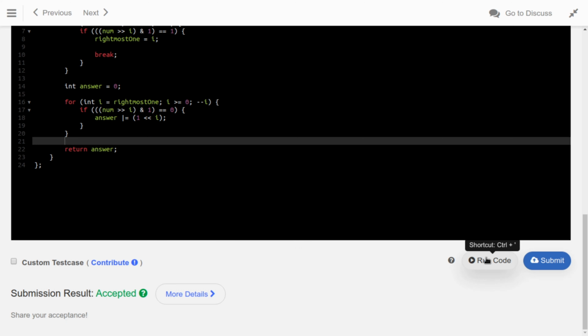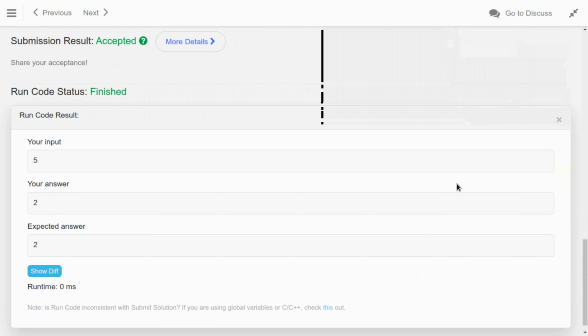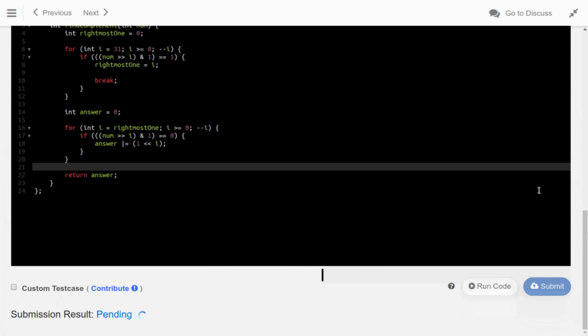Okay, let's try to run this code and make sure that it works for the sample test case. Cool, it works, and let's submit it. Cool, it got